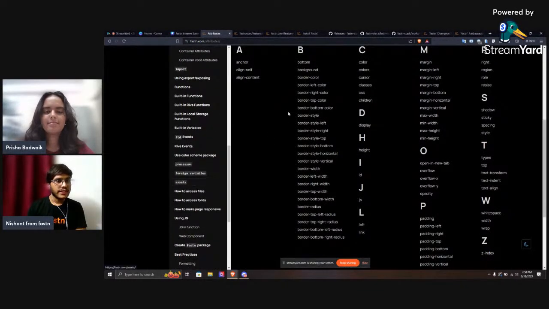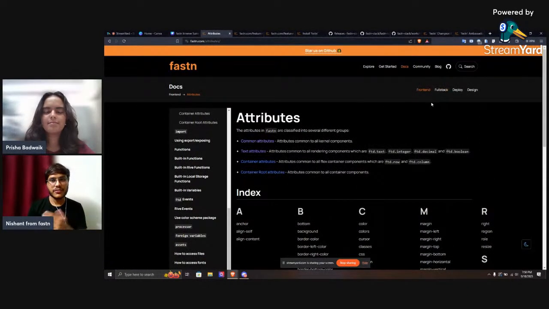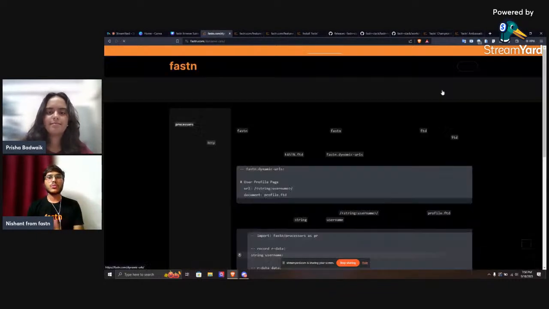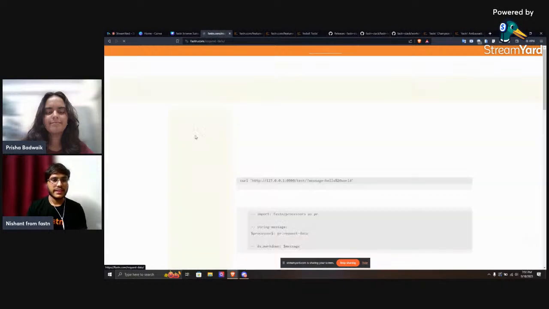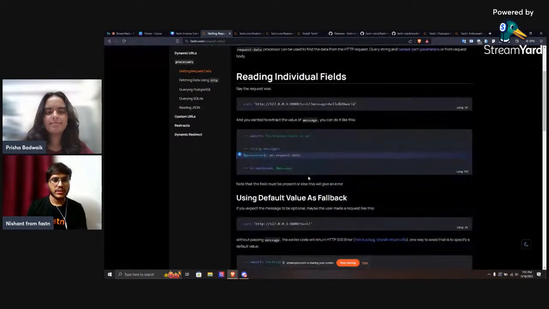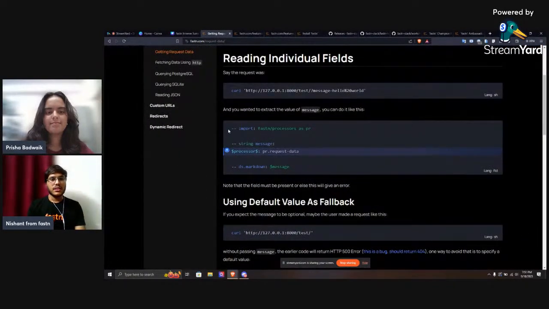Okay, now we can simply move on. This is the basic front end part that we wanted to cover. Now if you want to go towards building a full stack app, we provide API support, processors, request data, fetching data, and a lot more features. So suppose if you go to the documents, getting request data, as you can see in this example, we have import FastN processors as PR, and then we have a string message, and then we are requesting